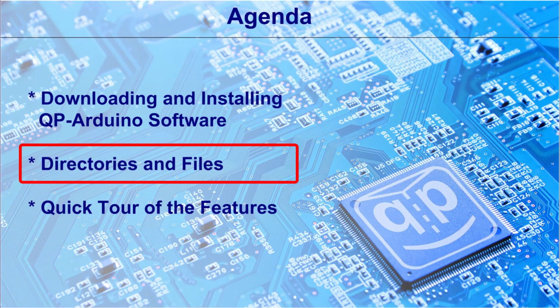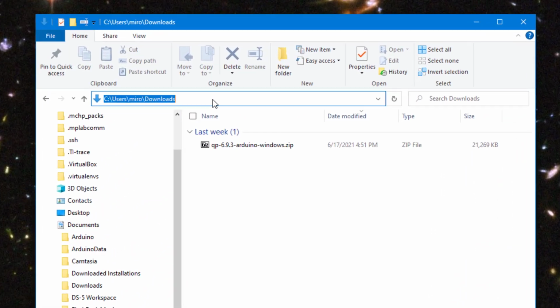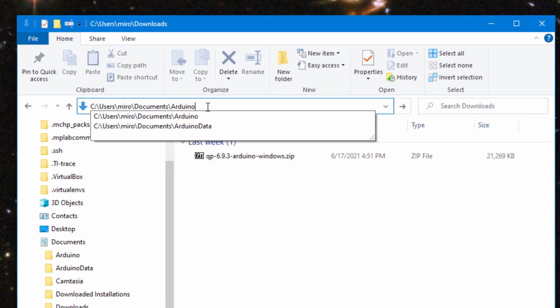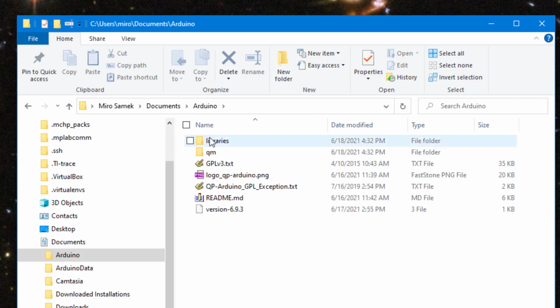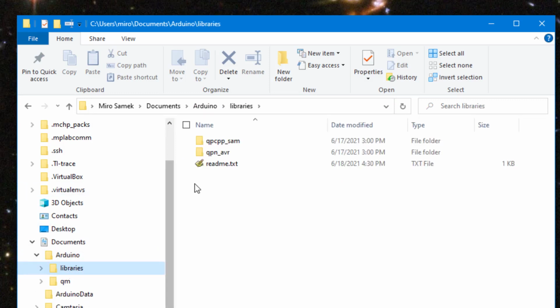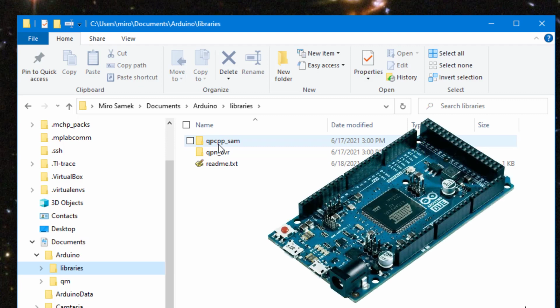Let's now take a quick look at the main directories and files that have been installed. The first directory inside your Arduino sketchbook contains the libraries. These are the QP C++ library for the SAM-based Arduinos, that is, Arduino boards with the 32-bit ARM Cortex-M processor.